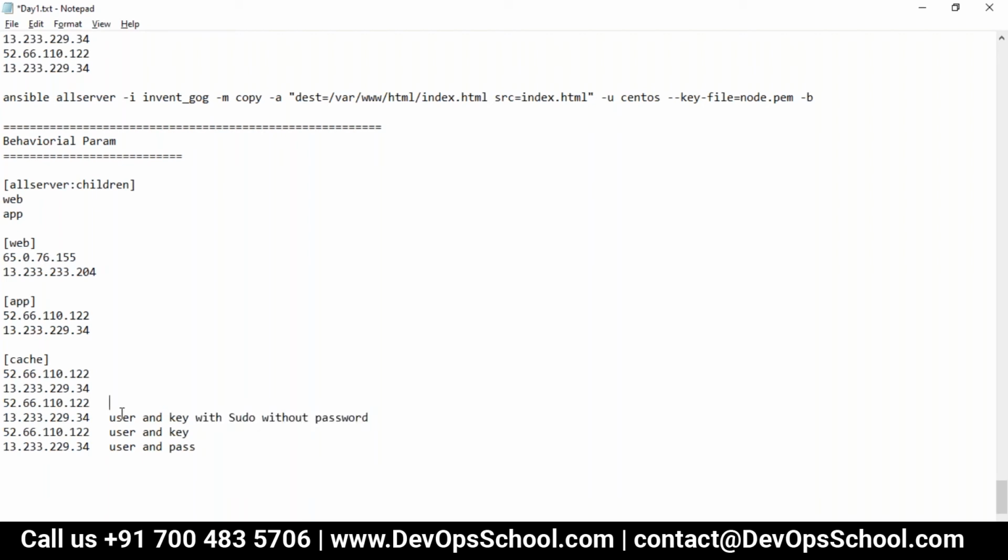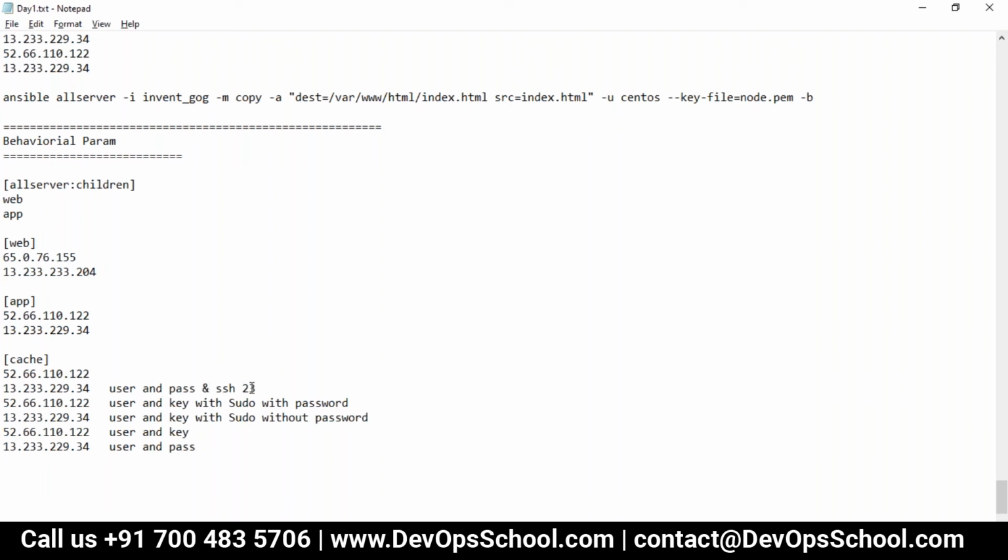Some servers have a password. Some machines have SSH, some have username and password, and SSH runs on port 23, not port 22. You know the default is port 22, you all know.